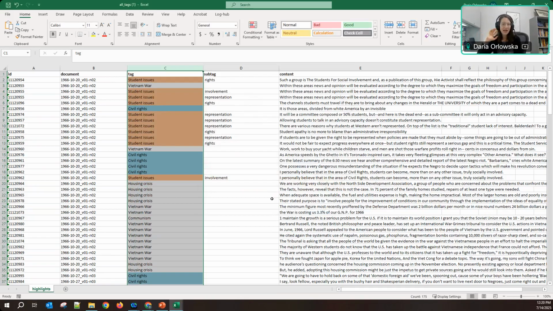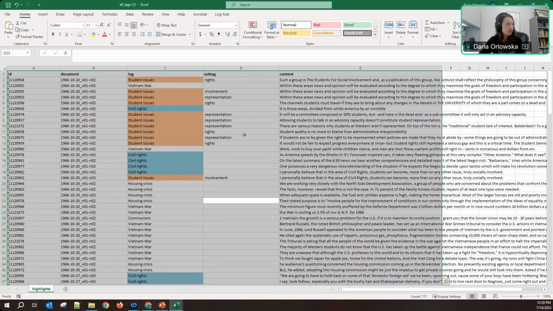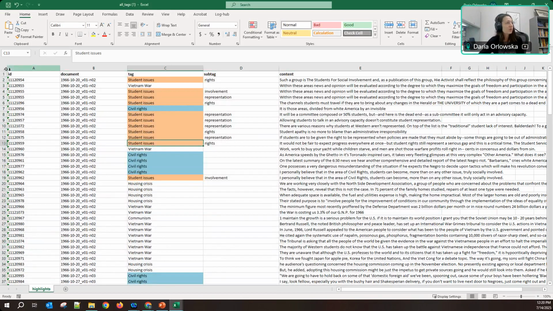Okay. So now that I've highlighted all the things I'm interested in, I'm going to select all my data. I can do that two ways. I can either press Control A, which will select my data range, or I can navigate over to where you see column A and row 1.